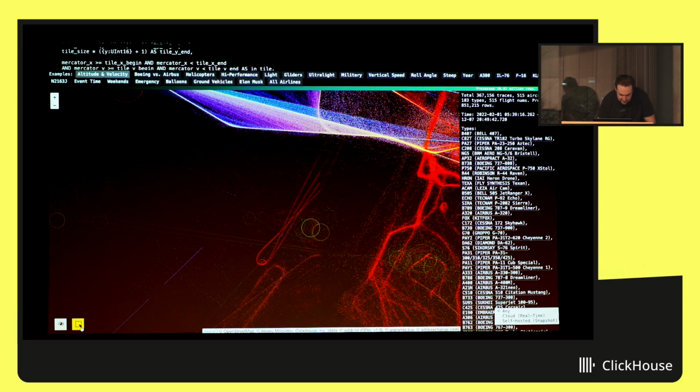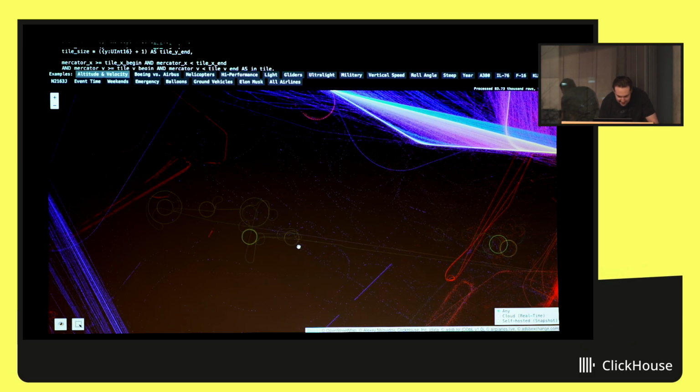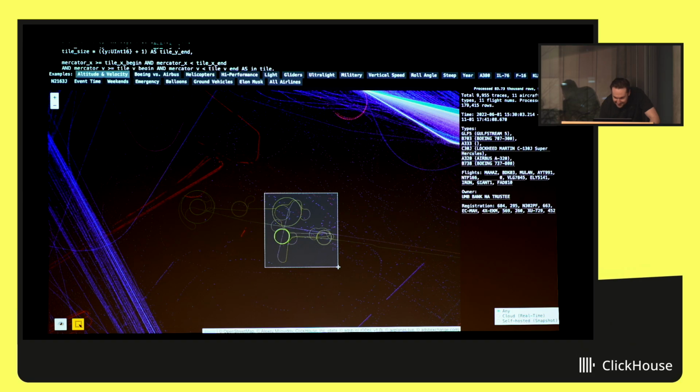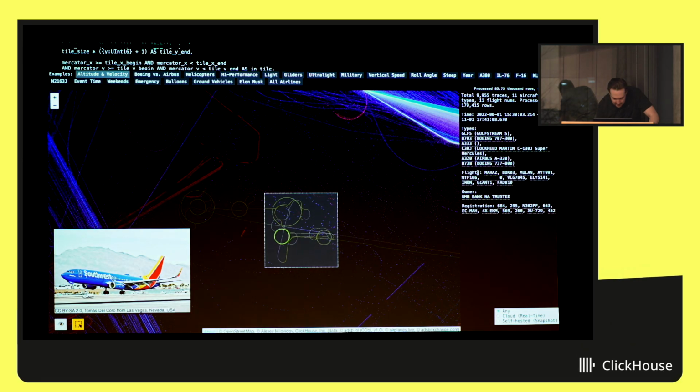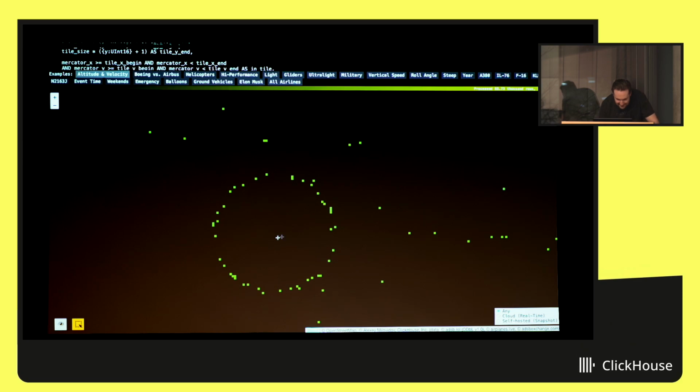If we look here, we see some flying stuff, those circles in the ocean. And this is probably not that. Let's filter a little bit better.